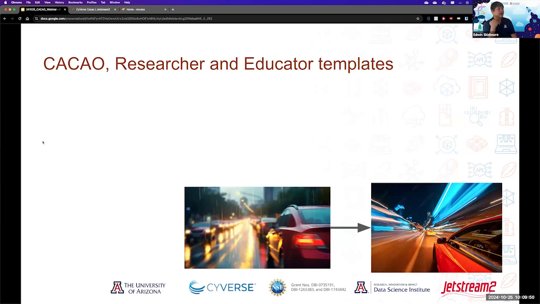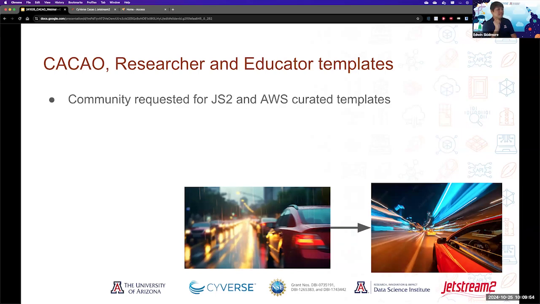So just to summarize about CACAO templates, go ahead, next. We have many CyVerse curated templates that were made for Jetstream 2 and AWS. Next. But there are also community contributed templates for research and education.